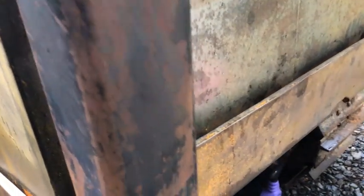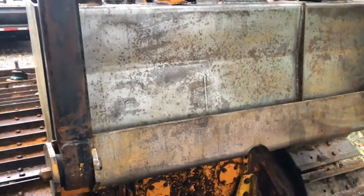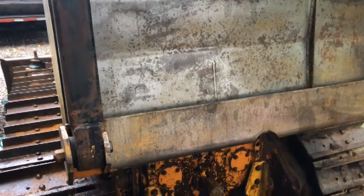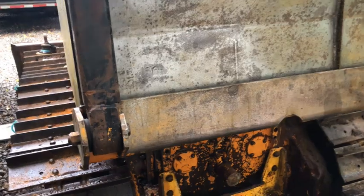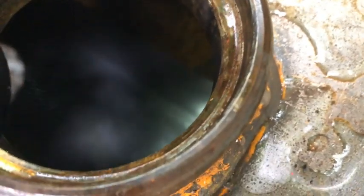Muriatic acid, I think phosphoric acid works just as good for cleaning out that tank. Then what I'm going to do is put some POR-15 tank treatment in there, and basically that'll coat the bottom of the tank. But you can see how clean the bottom of that tank is, and that's that muriatic acid doing its thing. Right there at the edge of the flashlight,